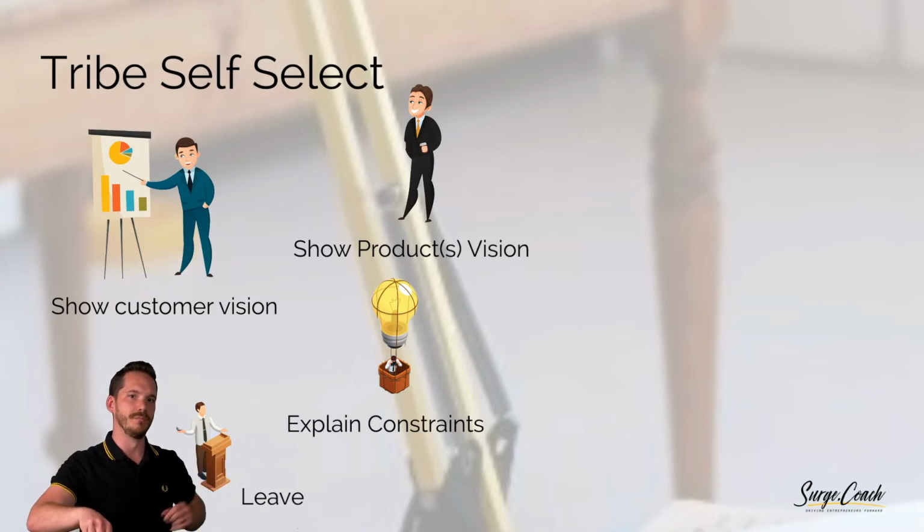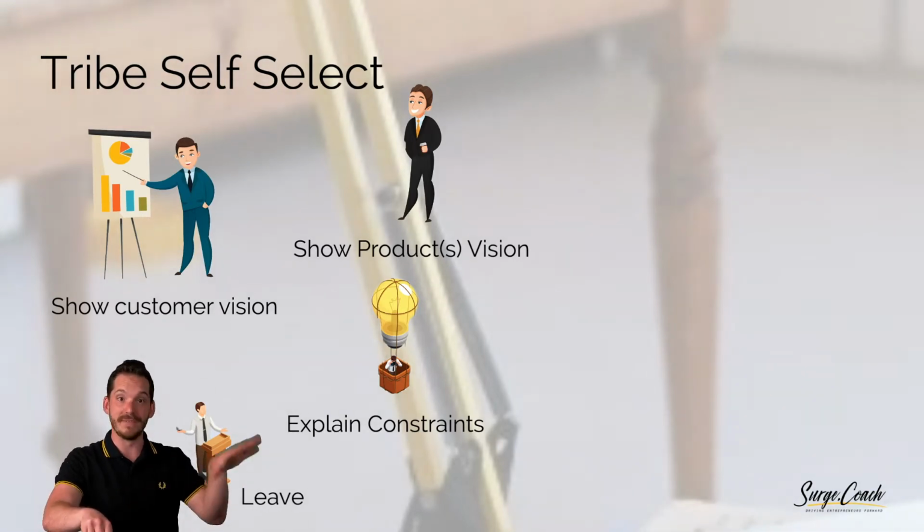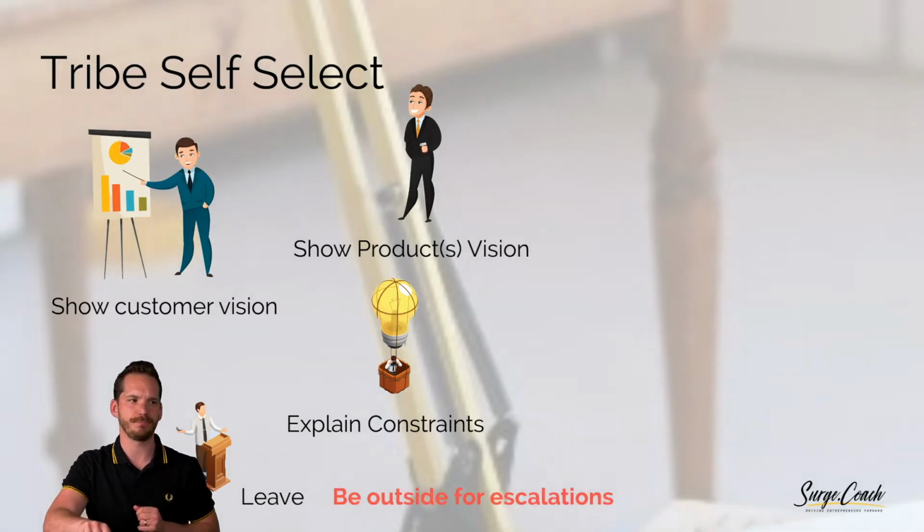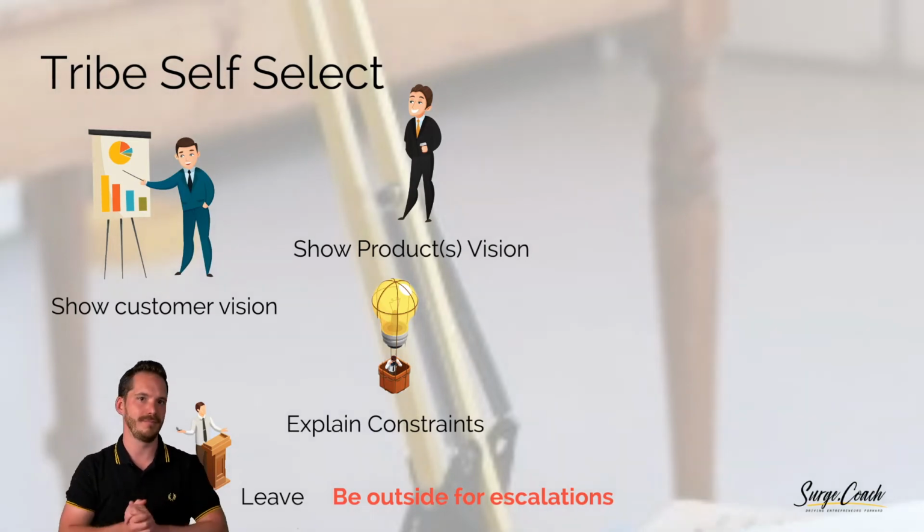Then you just get out of the room. So all leaders just leave the room. Have someone facilitating, that'd be nice, but just leave the room. You're outside for escalation purposes, and I've only had one time when something got escalated, and I was facilitating at the time. It wasn't arguments, but it was borderline. So I said, right, escalation time. They make the call.